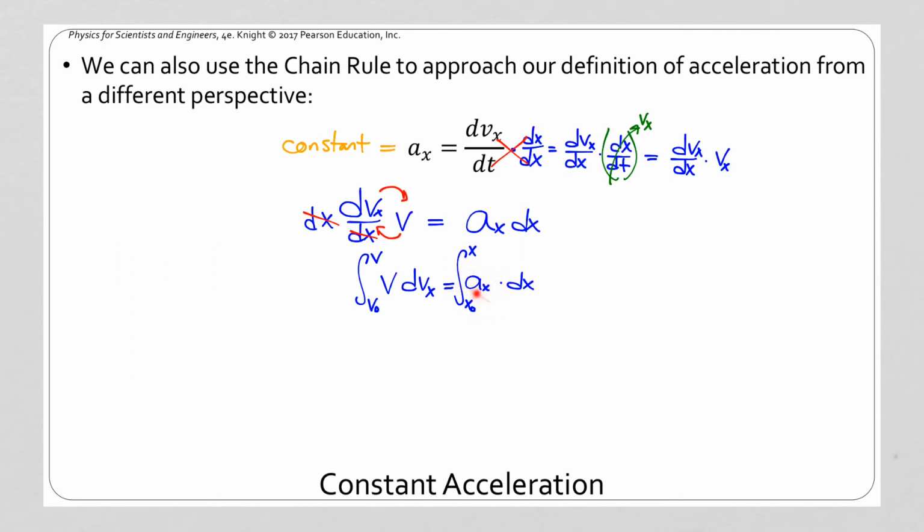When I integrate, a is a constant. It's the constant acceleration. So this is just going to sit there. If I integrate dx, I get x. The constant value is just going to sit there. I'm going to evaluate at my endpoints. Here, I have a velocity. I have v